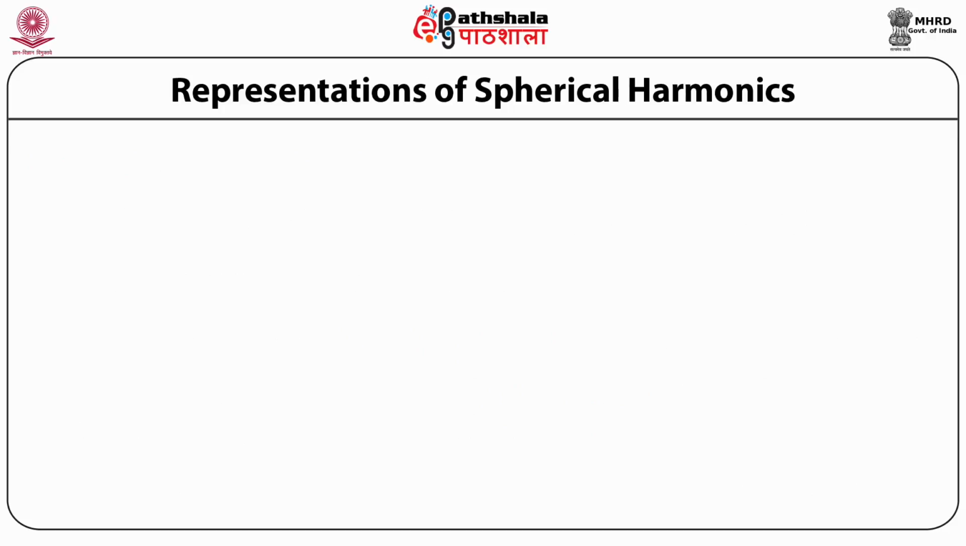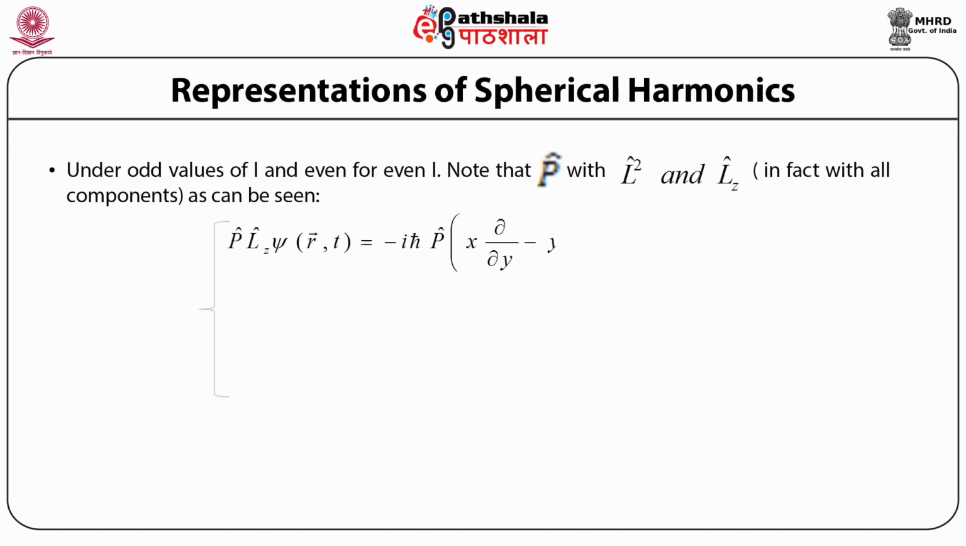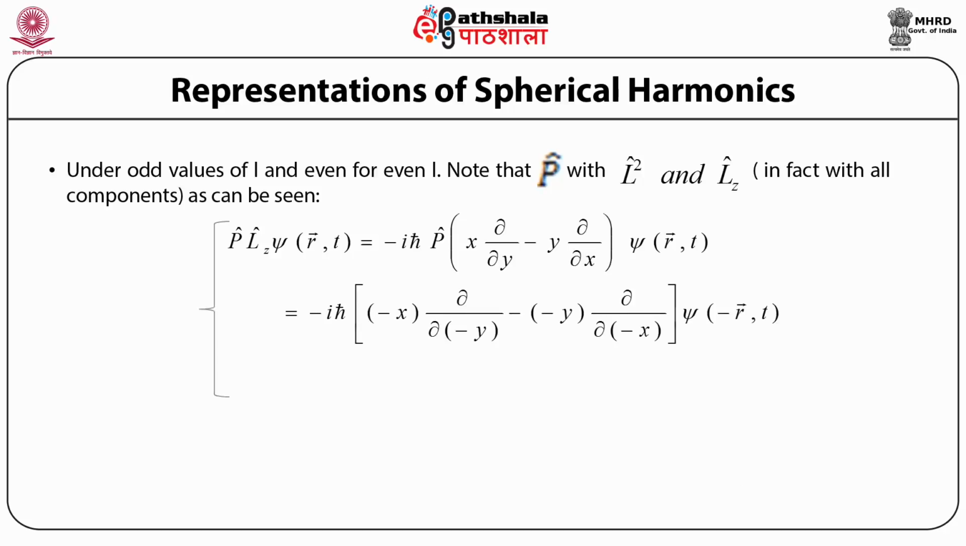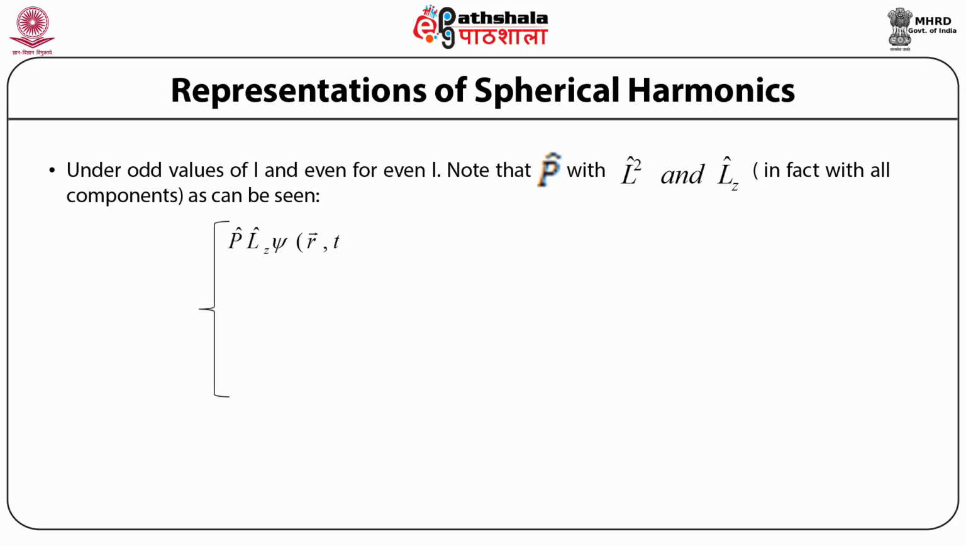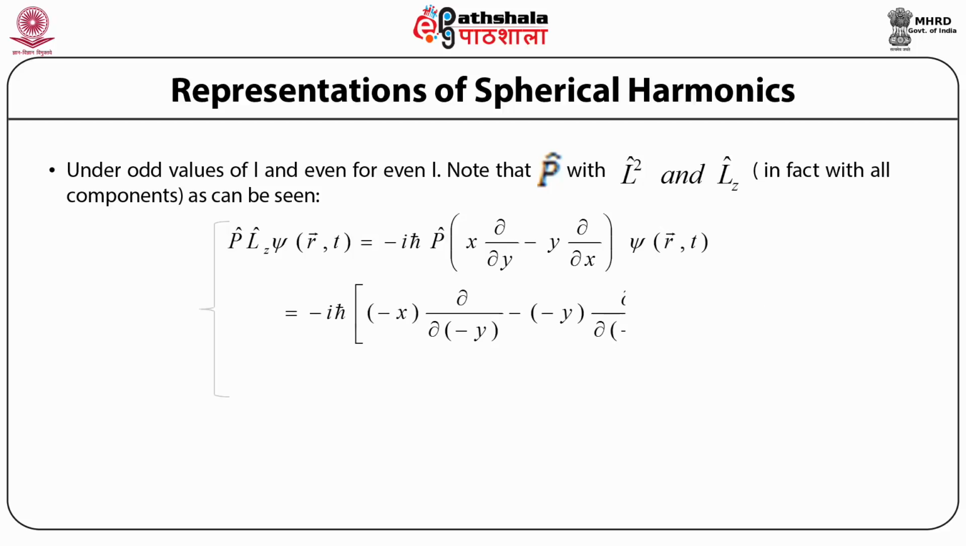Representations of spherical harmonics. Now, the spherical harmonic Y_lm(theta, phi) has a parity of (-1)^L. So this spherical harmonic has odd parity for odd values of L and even parity for even values of L, which means if L is odd, then (-1)^L gives a negative or odd value, and if L is even, then (-1)^L gives a positive or even value,